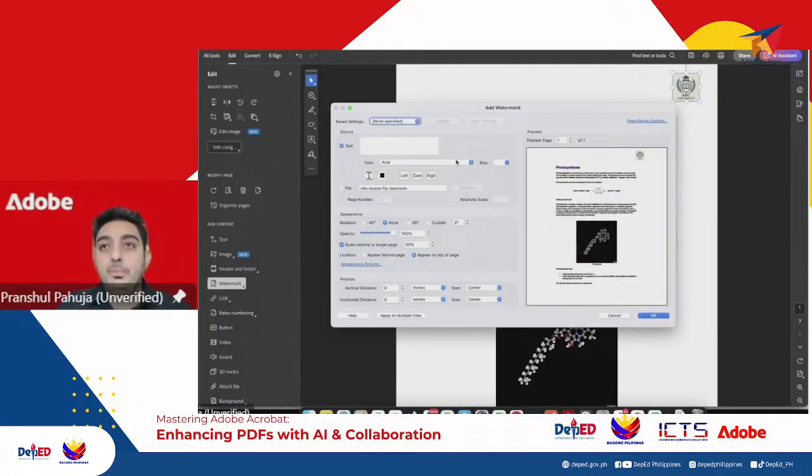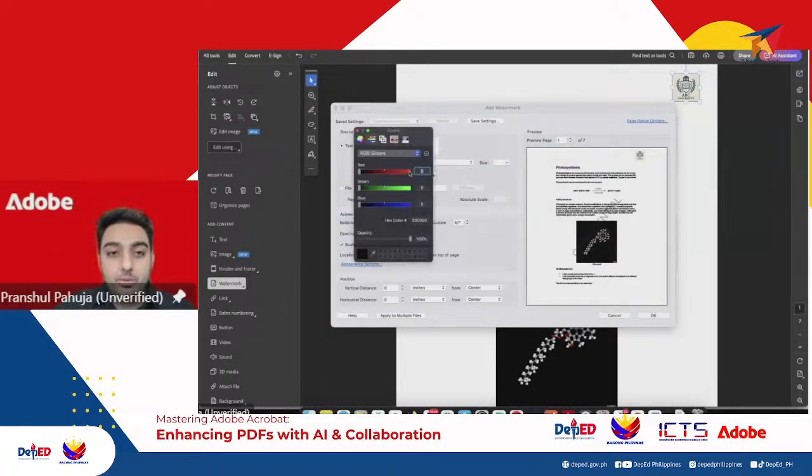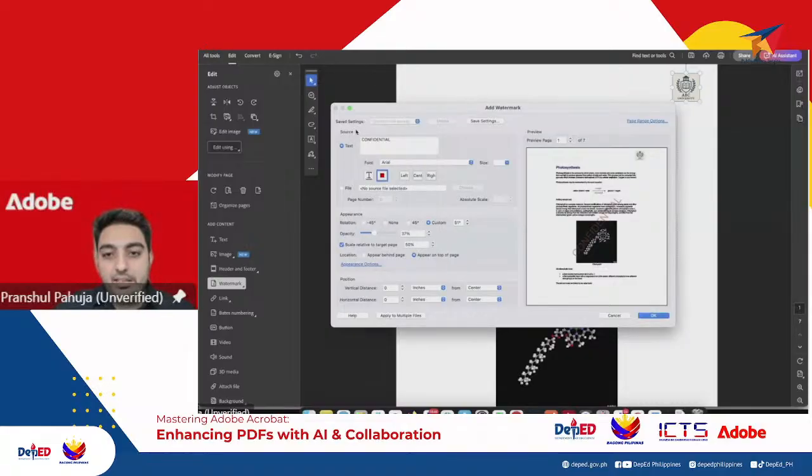So if I want to keep a watermark, say that this document should be, let's just say, confidential. So what I can do is I can put this as a confidential watermark. When I'm doing this, I can keep it at an angle as well. I can keep it straight. I can keep it at a 45-degree. I can increase the size if I want to. I can decrease the size. I can change the angle. I can change the opacity. I can also change the color if I want to. I want to keep it a bit red. I can do that. And as you can see, the watermark has appeared.